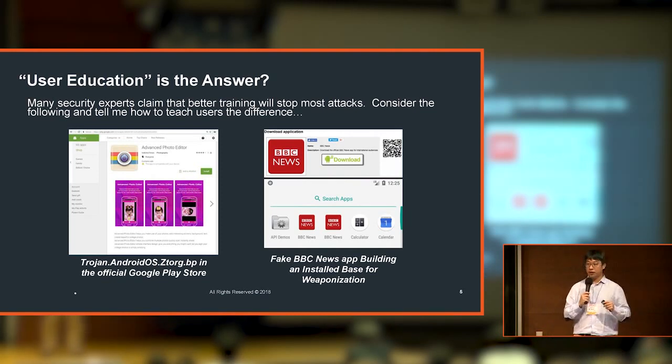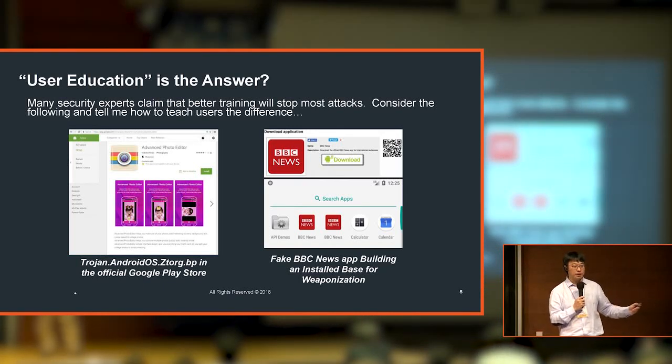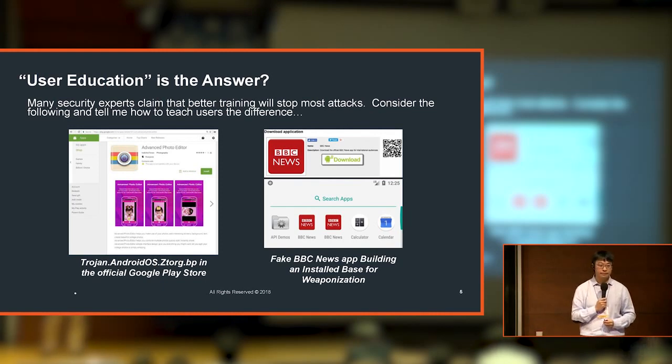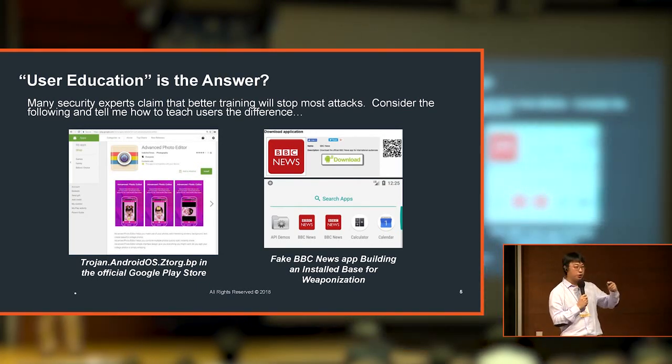So really the point I'm trying to highlight here is that teaching users is important, and knowledge is important, but for very tricky, difficult, sophisticated attacks, you need a machine to help you. You need a solution that's a little bit more intelligent. And by the way, our solution actually detected that the right-hand side BBC app was a fake one, and we were able to inform our customer, and they removed the app immediately. It's a zero-day malware that had not been detected or shown up in any of the signatures.